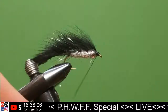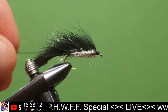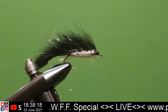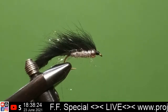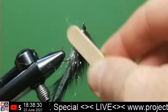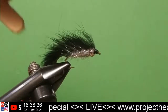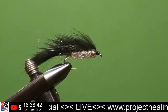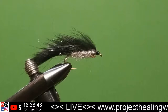Alright, let's go ahead and whip finish this off. Yeah, I think the bead might be just a little bit big for this hook, but I think it'll be alright. And I think I'm gonna be brave. I'm gonna tickle that belly just a little bit with my Velcro. Boy, I think that's a pretty good equivalent to a black and white for not having a white dubbing. And just that little white snowshoe rabbit just wasn't quite the...